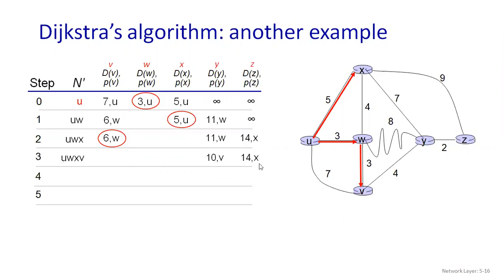And for Z, if you calculate from V to Z, then 3 plus 3, 6, plus 4, 10. But I cannot go through this Y, right? I cannot, because that is not a direct connectivity. So I have to follow this route only. So I have to keep that 9 plus 5, 14, and the previous node is X. And of your 10 and 14, which one is the lowest? 10. So I have to attach Y here, and I have given the connectivity over here.